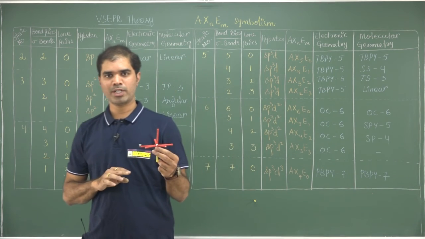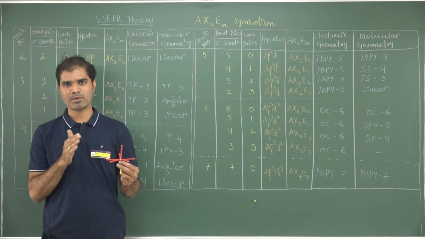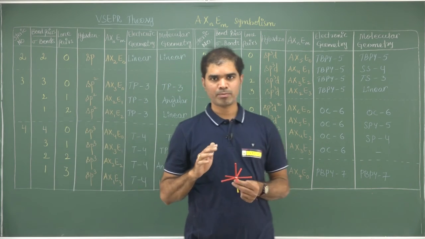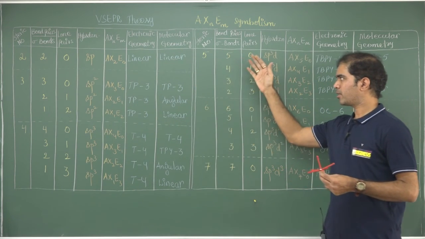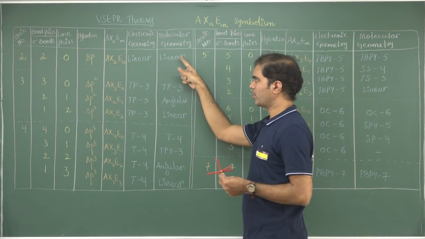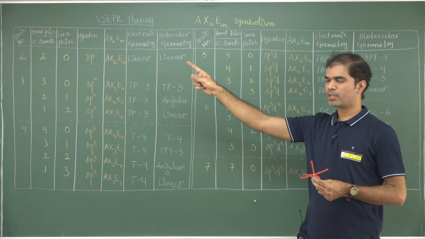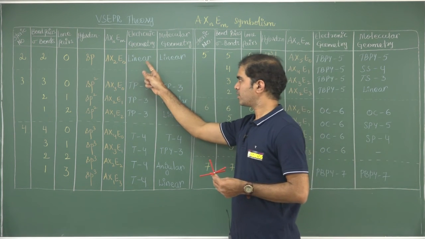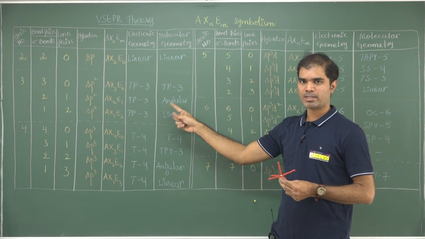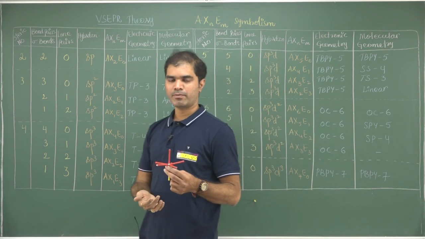There are some assumptions of VSEPR theory where you get a pentagonal monopyramidal, but that was proved to be wrong. Another geometry was given for it. So this is all about the different geometries explained according to VSEPR theory, where two different geometries are provided, the steric or electronic geometry and the molecular geometry. You have to remember one particular hybridization for a corresponding steric number, and for that hybridization the geometry will not change. If there is a shift in the lone pairs, that will only change the molecular geometry. This is all about VSEPR theory and geometries.